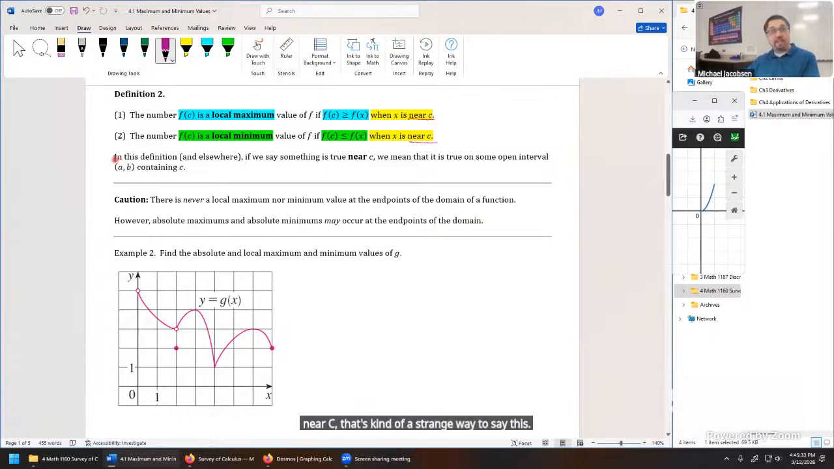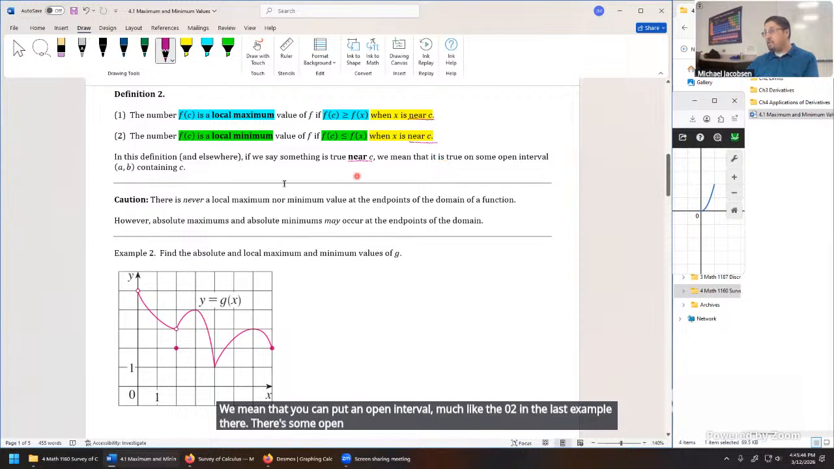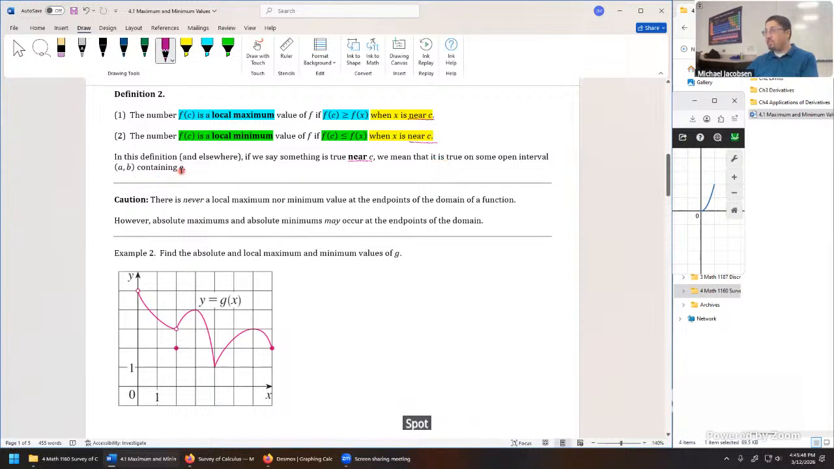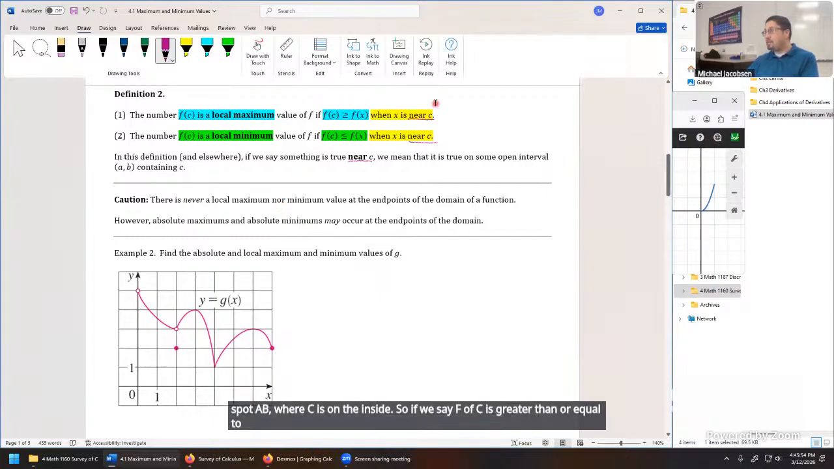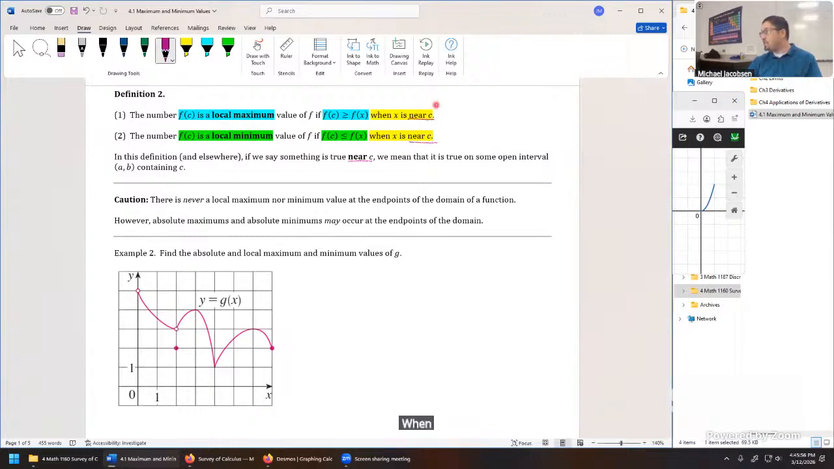So when we say something is true near a value c, we mean that you could put an open interval, much like the 0, 2 in the last example there. There's some open interval, let's call it AB, where c is on the inside. So if we say f of c is greater than or equal to f of x, when x is near c, we specifically mean